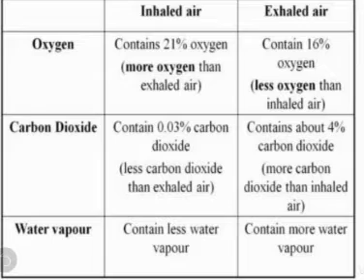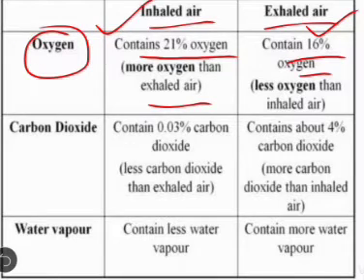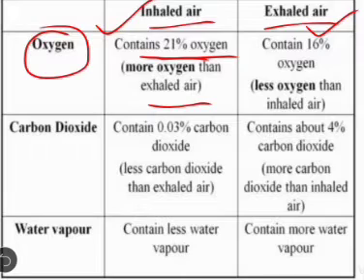This is cleared by this table. Here is the percentage of oxygen and carbon dioxide in inhaled air and exhaled air. First one is oxygen, which is mandatory for respiration. The air which we inhale contains 21% of oxygen, which is more oxygen than exhaled air. On the other hand, exhaled air contains only 16% of oxygen. This is clear from the percentage of oxygen that the inhaled air contains more oxygen and exhaled air contains less